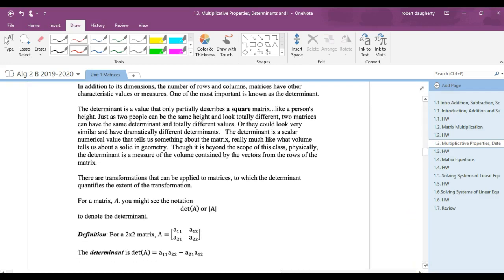Now we need to move on to a measure about a matrix. Dimension is the one way we've talked about measuring matrices so far. Dimension tells you the size. We need to talk about something that's a measure of a square matrix. What's a square matrix? Yeah, 2 by 2 is a square matrix, but more generally, it has the same number of rows and columns, okay? We can measure something called the determinant